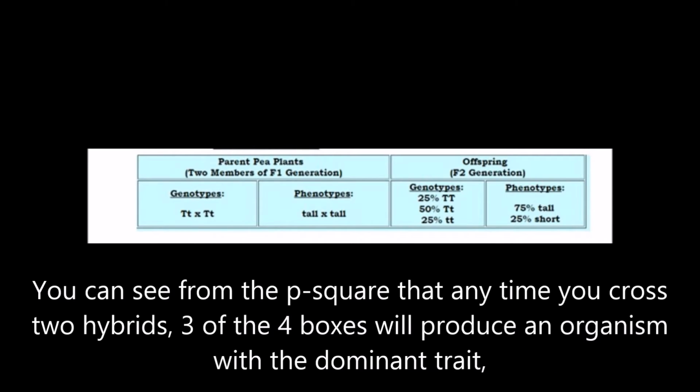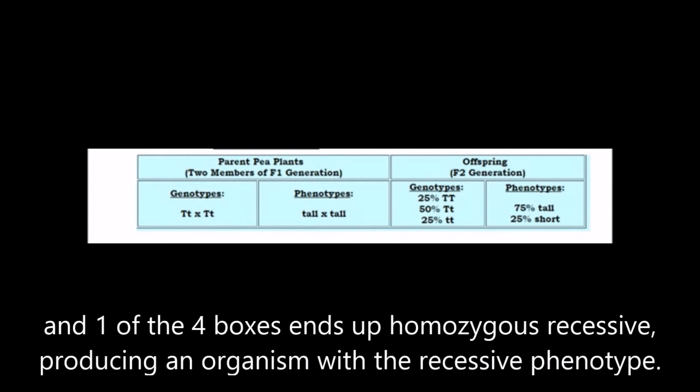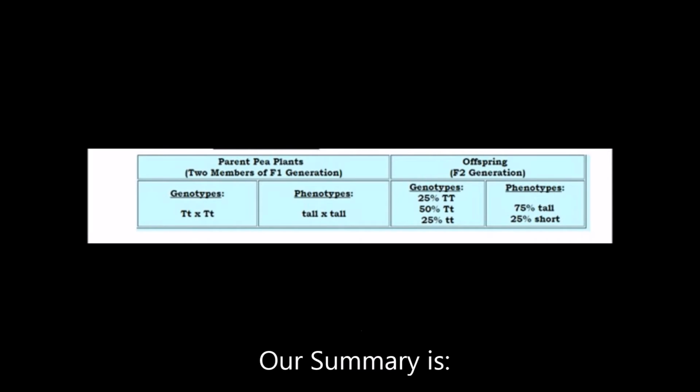You can see from the Punnett square that anytime you cross 2 hybrids, 3 of the 4 boxes will produce an organism with the dominant trait, and 1 of the 4 boxes ends up homozygous recessive, producing an organism with the recessive phenotype. Our summary is: